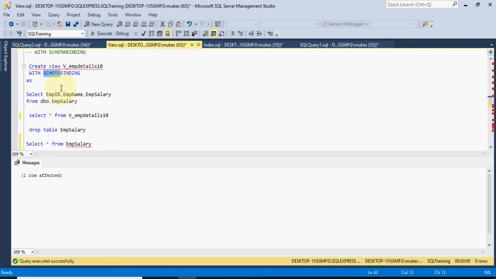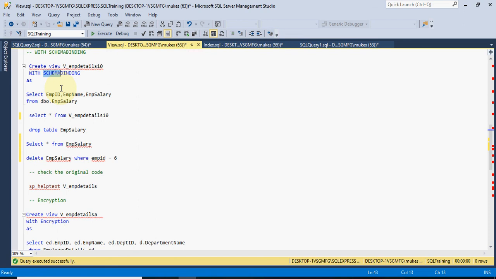A schema is basically, in general language, a role, meaning the owner of the complete database. We can create a different owner. By default the schema is DBO, but we can create other schemas. So the entire database owner is the schema, and all the schemas we need to bind.